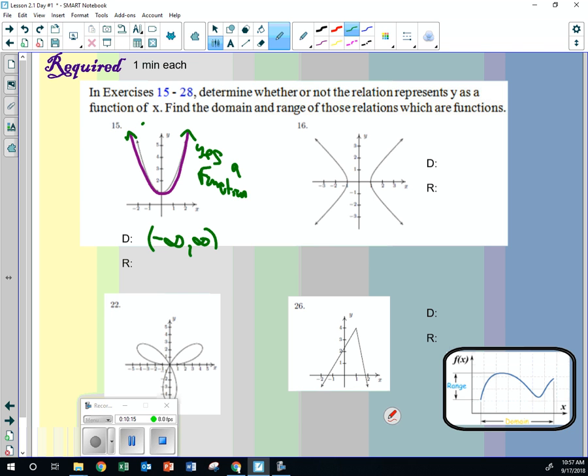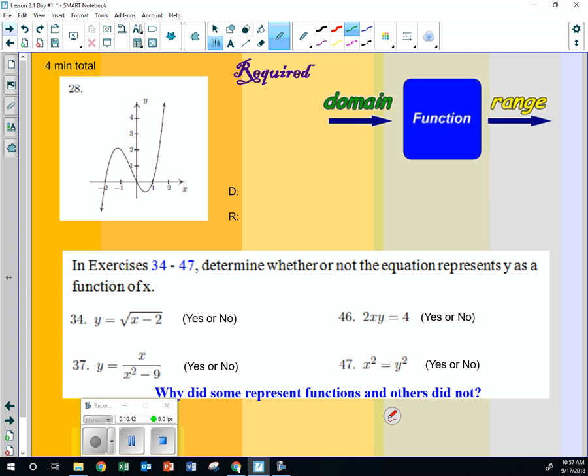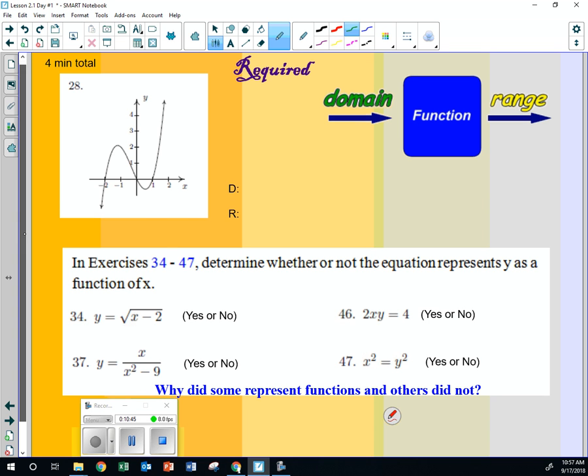Turn to your neighbor. Tell them what the range of this is. What y values are possible? I'll give you a hint. This is going to infinity. One? You got it. So you're going to do the vertical line test, check to see that it's a function, or if it's not, we'll call it a relation, and then you'll give me the domain and range. Some of these will be very interesting. And then this last part,